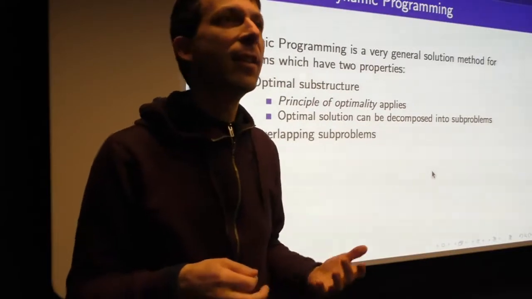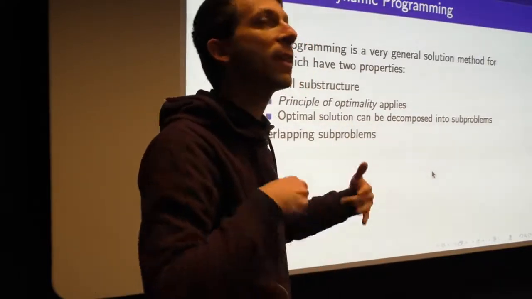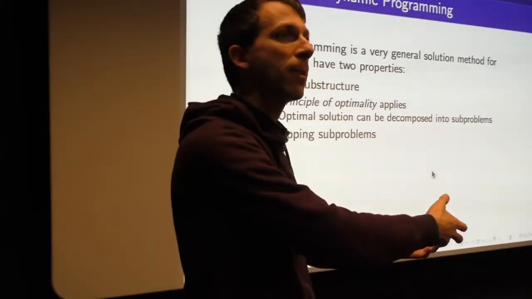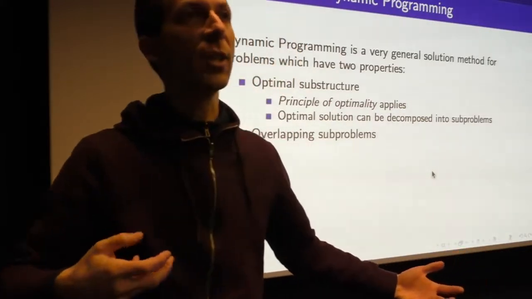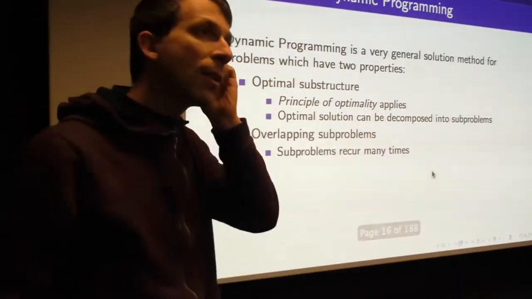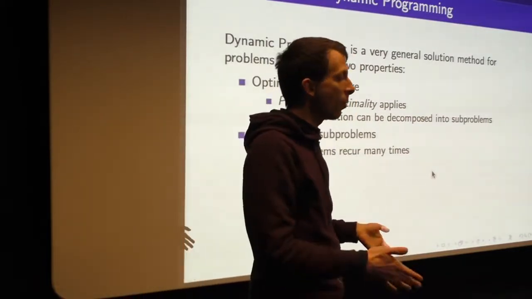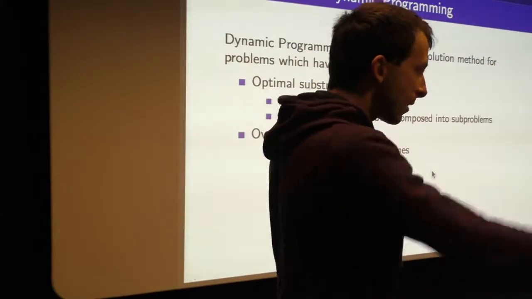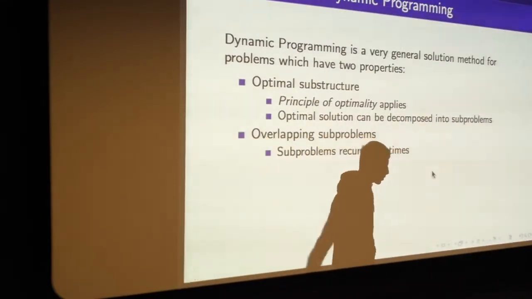Well, this means that the subproblems occur again and again and again. We've got something to gain by breaking it down into subproblems, that by solving that subproblem, we can actually solve things more efficiently than we could have by just attacking the overall problem directly. And basically all we require is that the subproblems recur many times. In other words, if I break down the problem of getting to that wall into first going to the midpoint and then going to the wall,